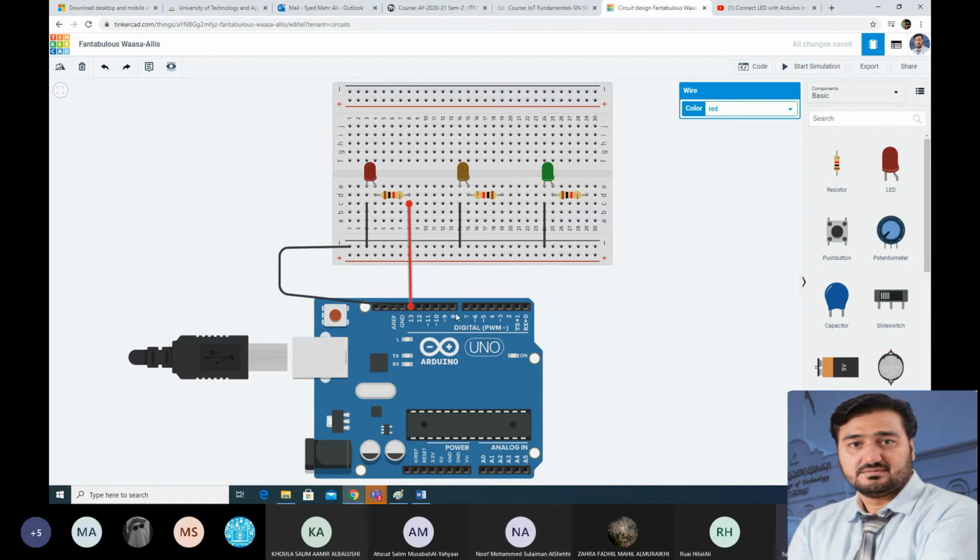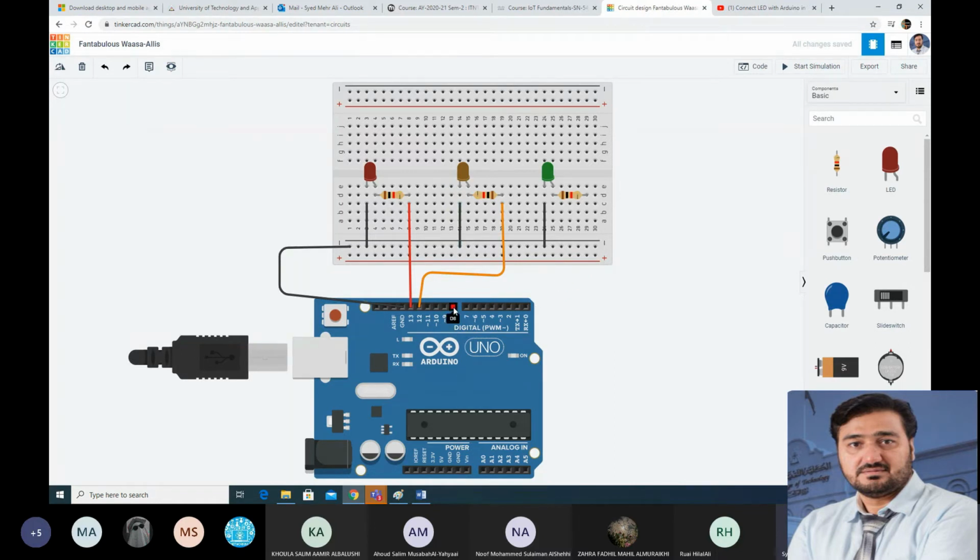Let me use port number 12 to connect this LED, and here I will use the orange color, because this is the orange LED.